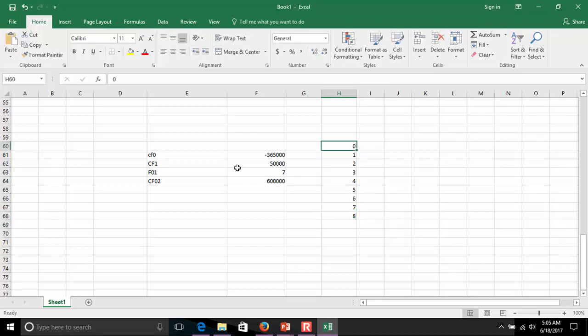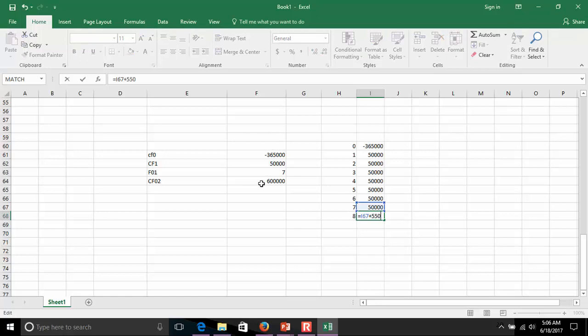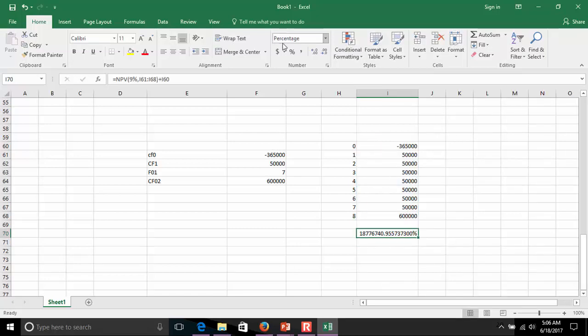I can think about all my cash flows. There's the first one, and then I get $50,000 a year every year. And then in year 8, I get $50,000 plus my sale price of $550,000, and I get these cash flows. Right? And the required rate of return here is 9%. So at 9%, put those in the cash flow button. At 9%, you should get an answer of